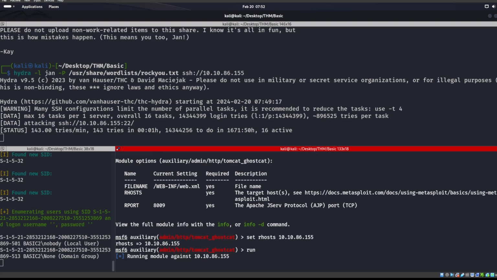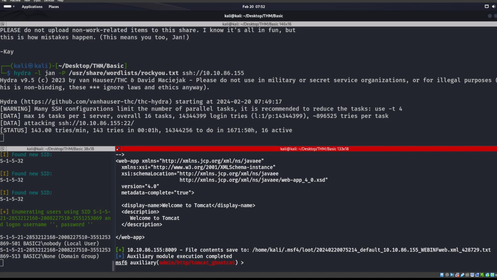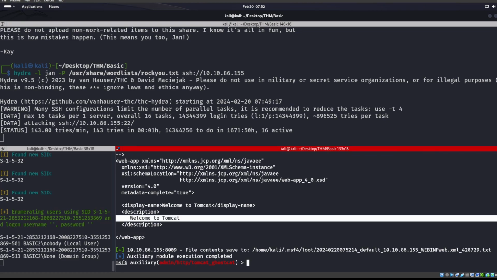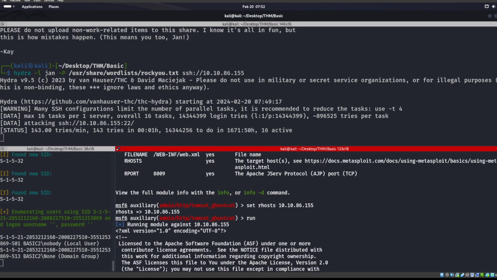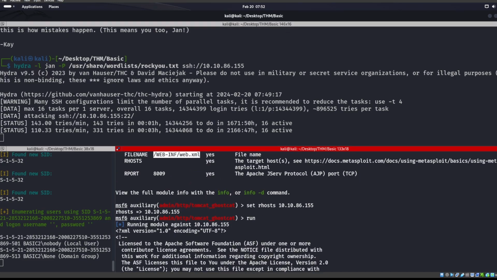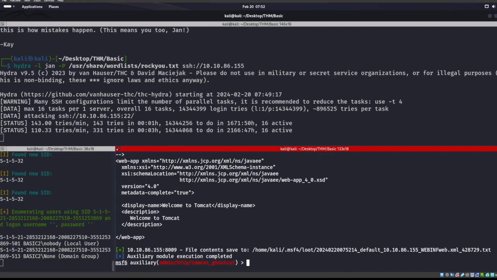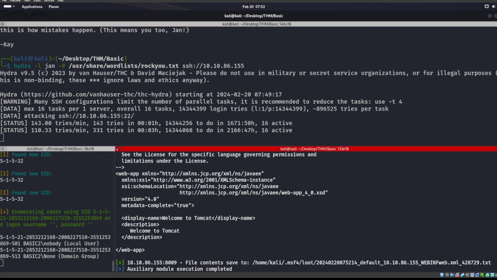Let's go ahead and run this real quick. Let's see what we got. See if we can find this web.xml, and we can. Okay, so it is also vulnerable to that Ghostcat. So if there's more stuff in this WEB-INF file, like right here, we may be able to find more things in here. That's another thing. Okay. But usually that's about all there is in there, and we're not really seeing much else here now,